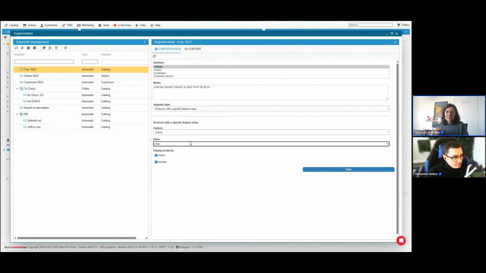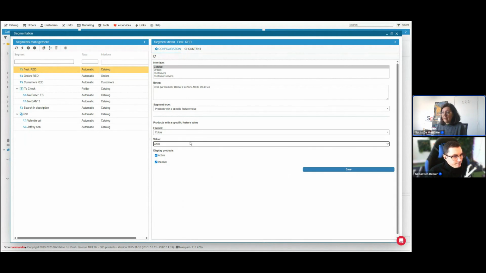But all these products are dispatched a bit everywhere in my categories, and I don't even know which products are using this feature. Therefore, I'm creating a segment and I'm asking Store Commander, please add all the products using that specific feature in that segment.